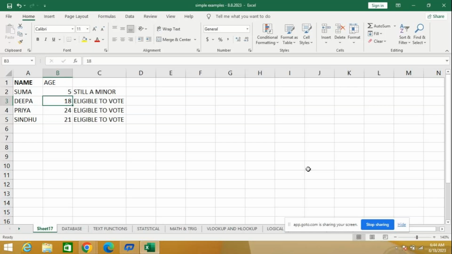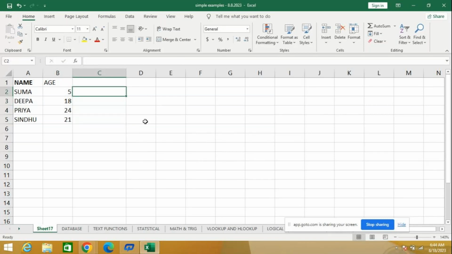Are you people there? Ma'am, could you again show how do you write the function? Yeah. Equals,